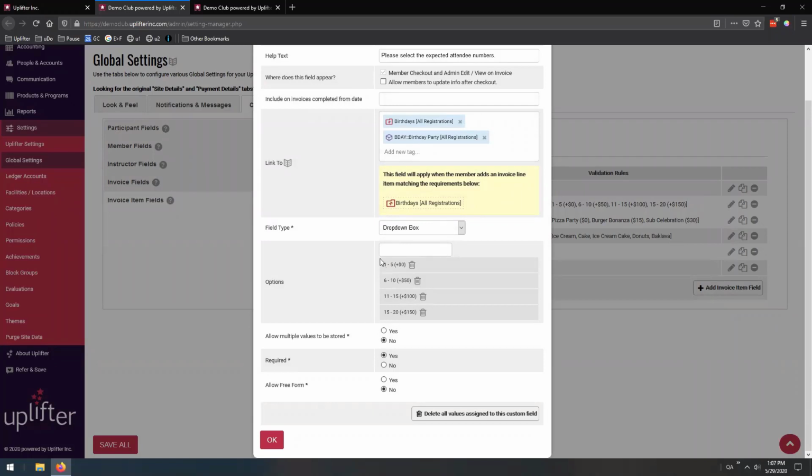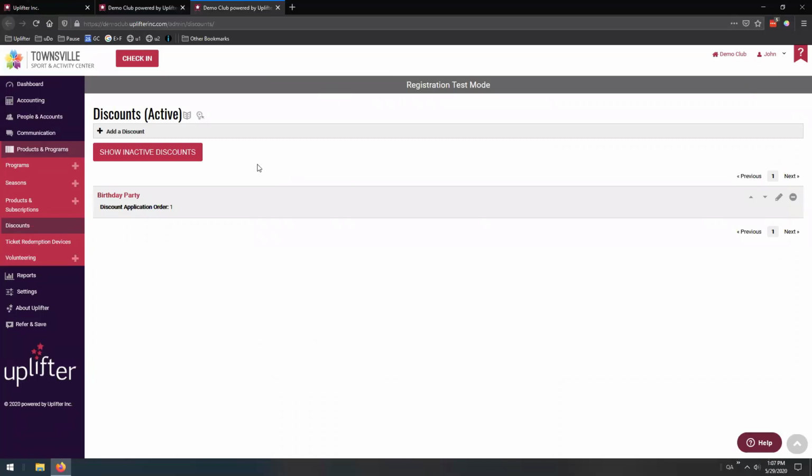So from this point, I can now move to the third element of this setup, which is our discount. Now, discounts are created through products and programs, discounts, and on this page here, you'll be able to create as many discounts as you want, and within each discount, you can really create as many benefits as you want as well. As you can see here, we already have a birthday party discount, and we're actually going to add to